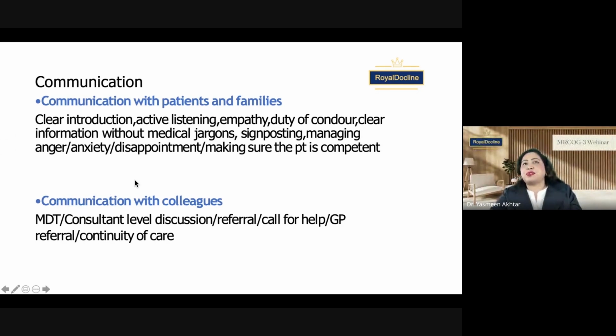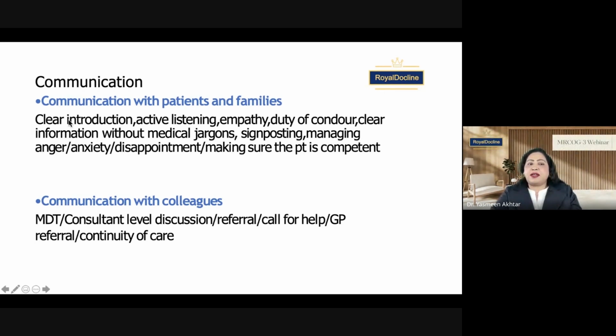For example, if you see an epileptic patient, talk to her from the epilepsy point of view. What will happen to her? How will her management plan be? How often would you like to see her, how will the colleagues from neurology be involved, how will the labor be, what will be the risk to the baby, how you will continue to counsel her, and also what will happen to the baby afterwards. All these things, the type of contraception, at least do one guideline in one day in your clinic.